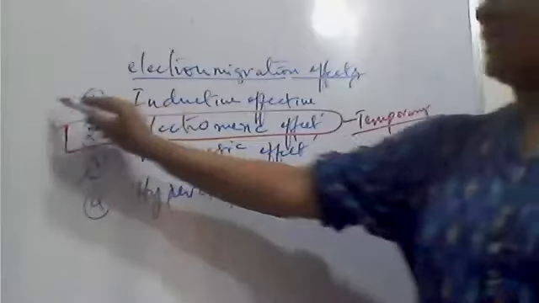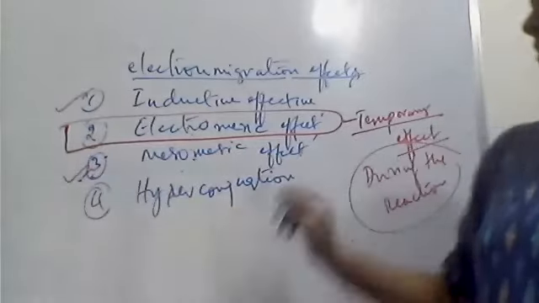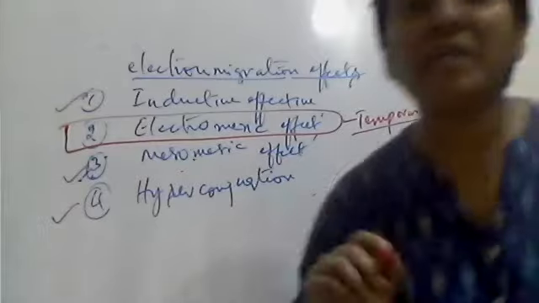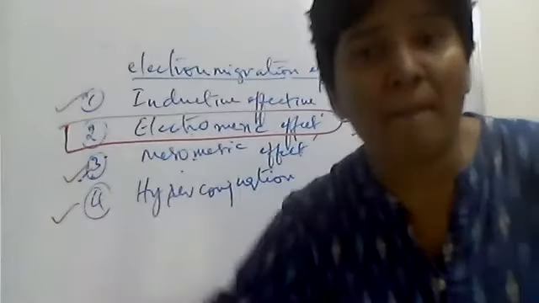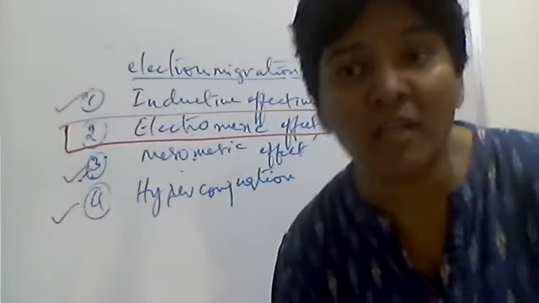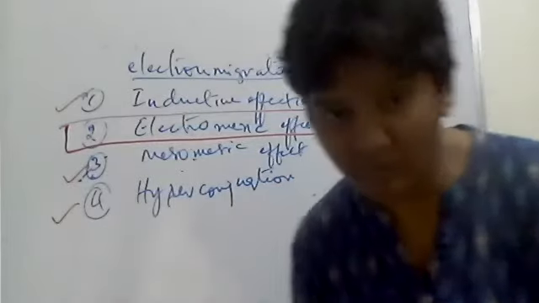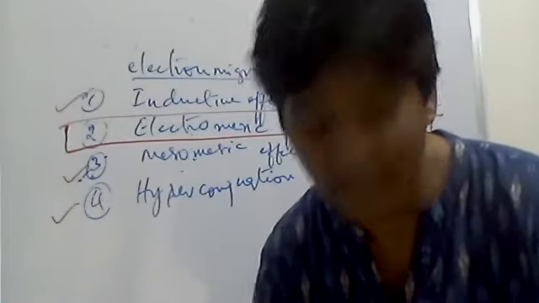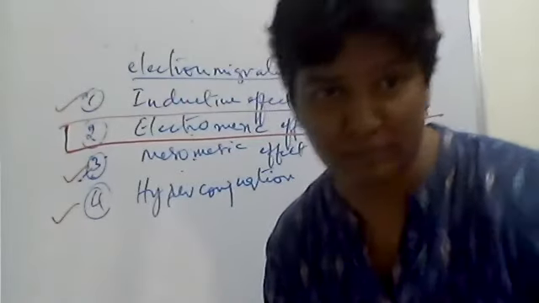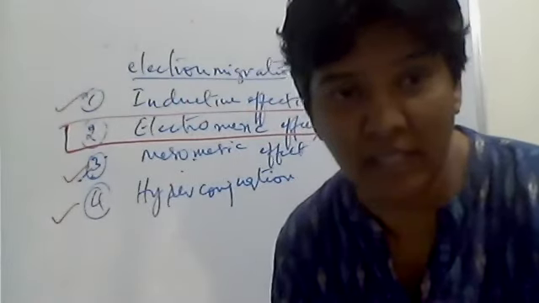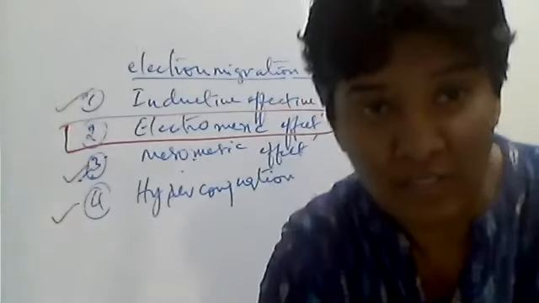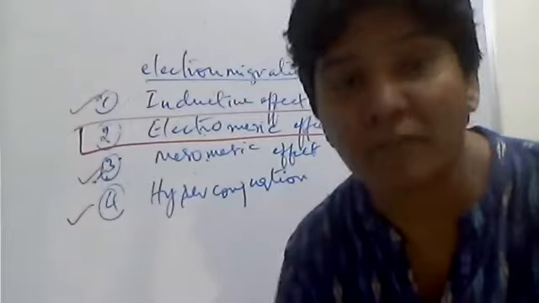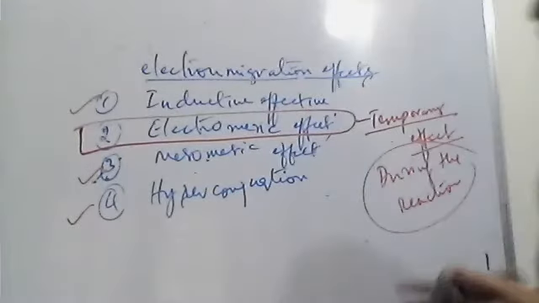Whereas inductive effect, mesomeric effect or resonance effect, and hyperconjugation, they are permanent effects. Always be in the molecule. Please keep it up. Okay, note this point in the mind. Understand? And one more thing. Listen, all of you. Always learn the differences like this. Now one more difference I'm going to tell you.